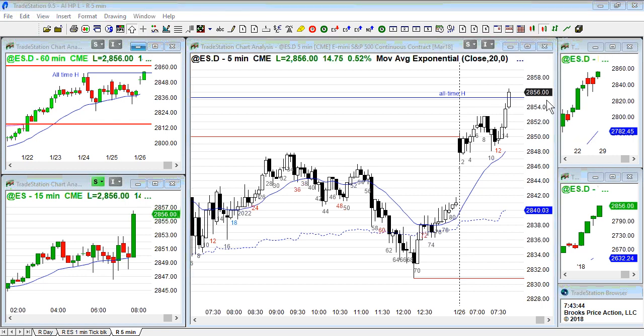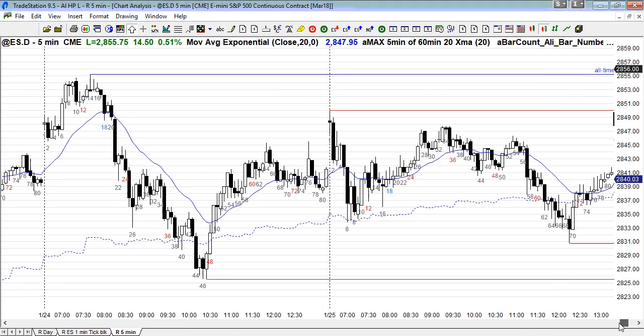Can this be a second leg trap? Probably not. Second leg traps in rallies usually are in trading ranges or bear channels, and this is not a trading range and it's not a bear channel. So if we had a second buy the close bar here, right, it's unlikely that we would immediately reverse down. And if we did, it probably would be like,